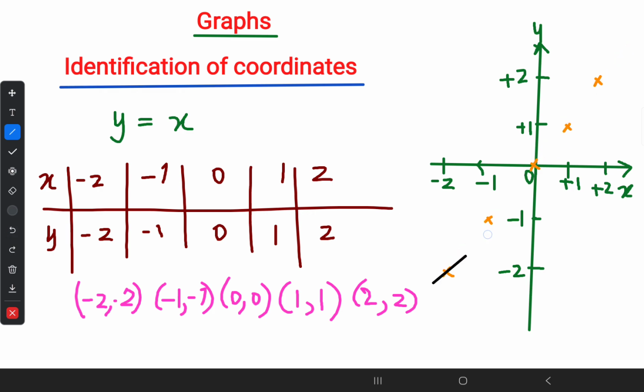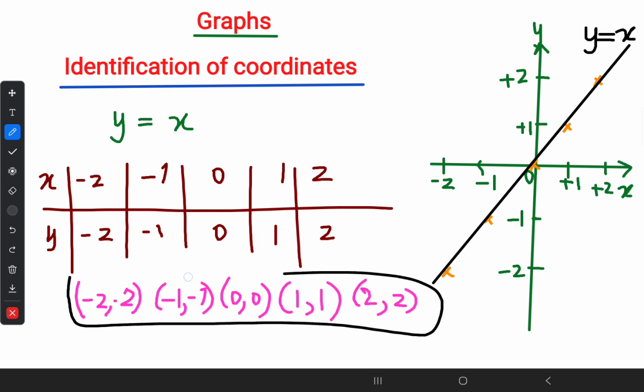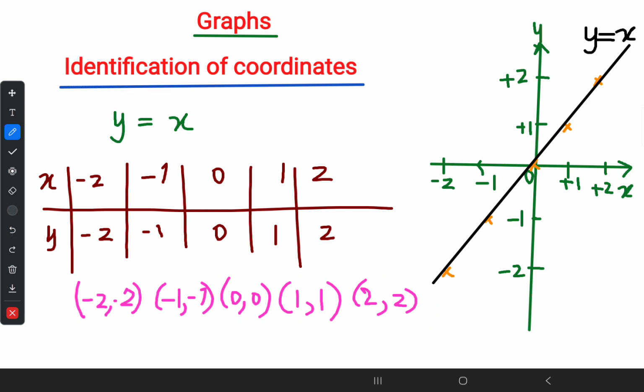Okay. This would be our graph. The name of this graph is y equals x, because we gathered the data from the y equals x graph. If x is negative 2, negative 1, 0, 1 and 2 respectively, y values are also the same. Then we analyzed and marked all of our coordinates and planned our Cartesian coordinate plane. Thereafter, mark your coordinates, connect all of them by using a straight line ruler to produce the straight line graph for y equals x. That's all for